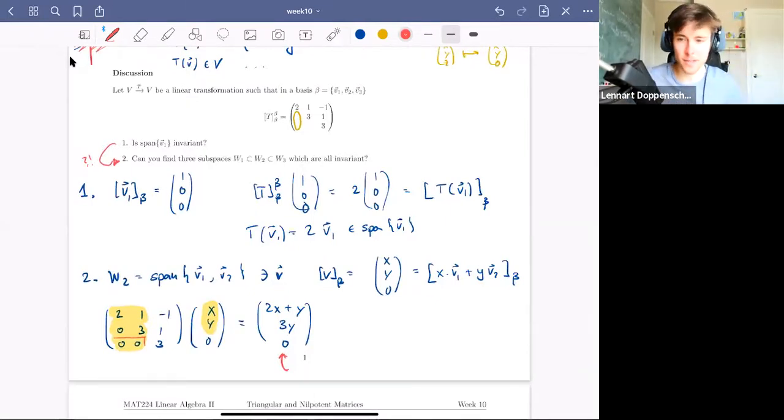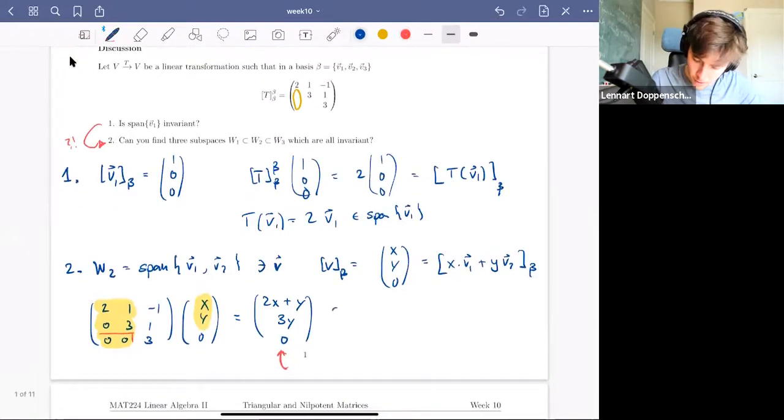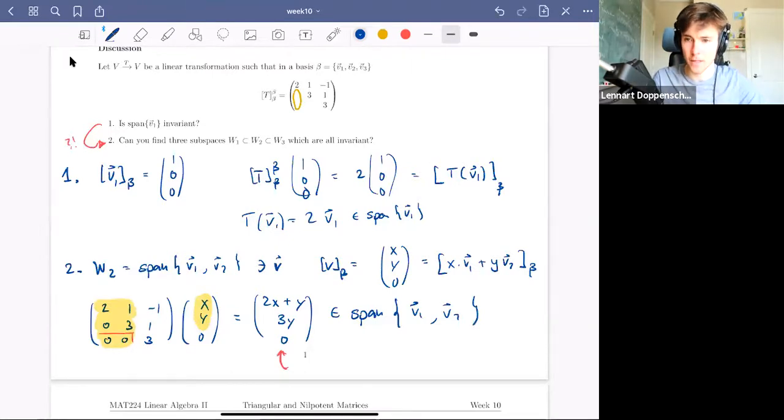No, and Andrew's asking about something that is going to be on the next page. So this example, this discussion, is supposed to lead us to a general fact about upper triangular matrices. So let me just finish this. So this is now again in the span of V1 and V2, because being in the span of V1 and V2 in this basis means we have anything here, maybe zero actually is allowed, and zero below. And then, as you can guess,